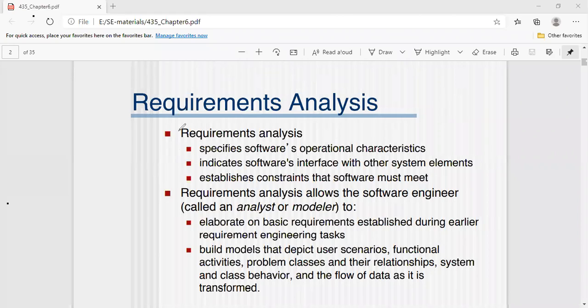First of all, here the requirements analysis is used to specify software operational characteristics. What is it going to tell us? It is used to specify the operational characteristics of a software,